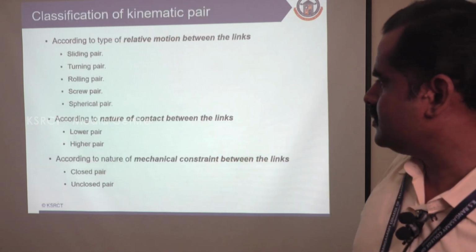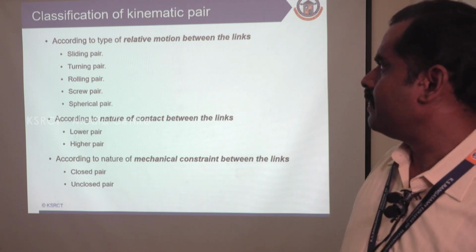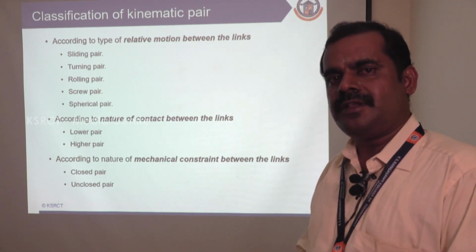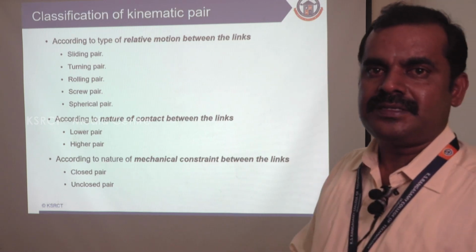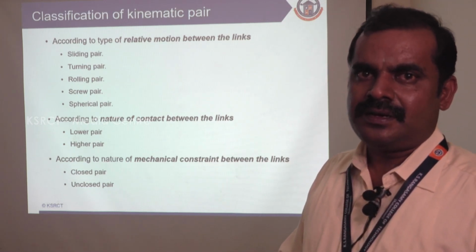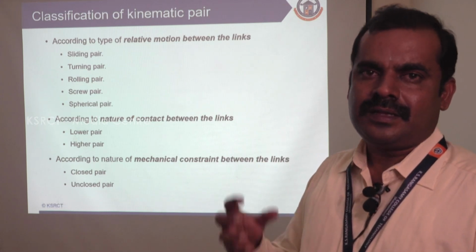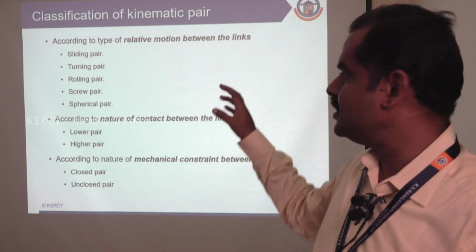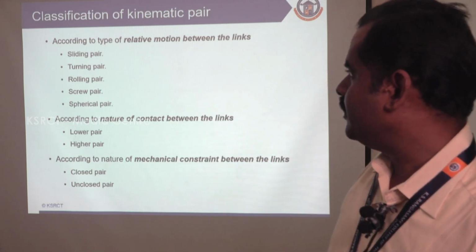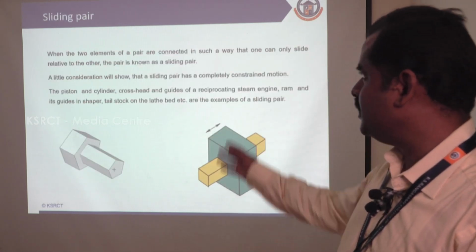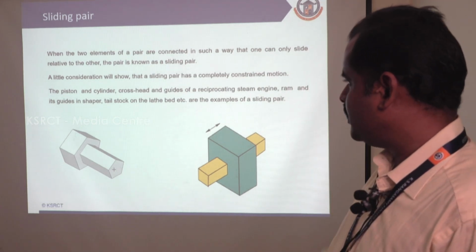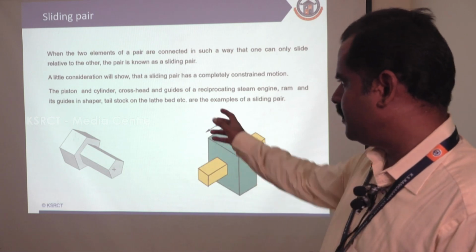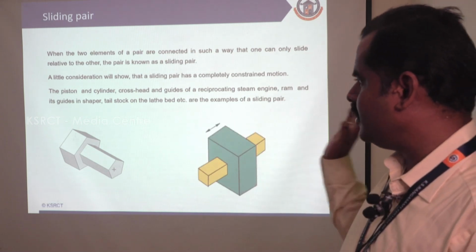For example, first one, if you take sliding pair, the motion between two links will be in a sliding motion. Example, if you take the piston and cylinder arrangement where piston is fixed inside the cylinder, the piston will be sliding inside the cylinder only, that is called as sliding pair. You can see the example here. So if you take that example, it's a pentagon bar inside the pentagon shaped hole, it will be having sliding